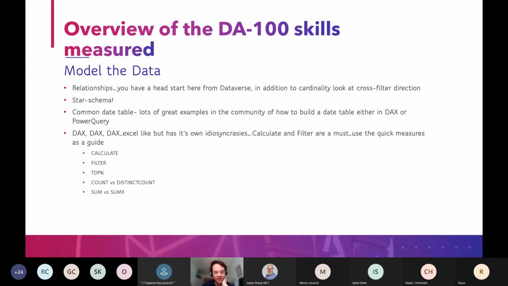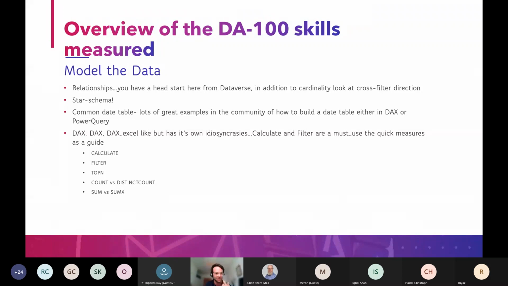And what you'll find, in the example that I gave at the beginning of how you could connect up to your Dataverse, is that when you're in a direct query mode, a lot of the time it will honor all of the relationships that you already have in that database. And when you do a direct import as well, a lot of the time Power BI in the background will go off and think, okay, I think that's a relationship, that's a relationship, and so on. But when you get into the nitty gritty of modeling the data and getting it to a point where you can